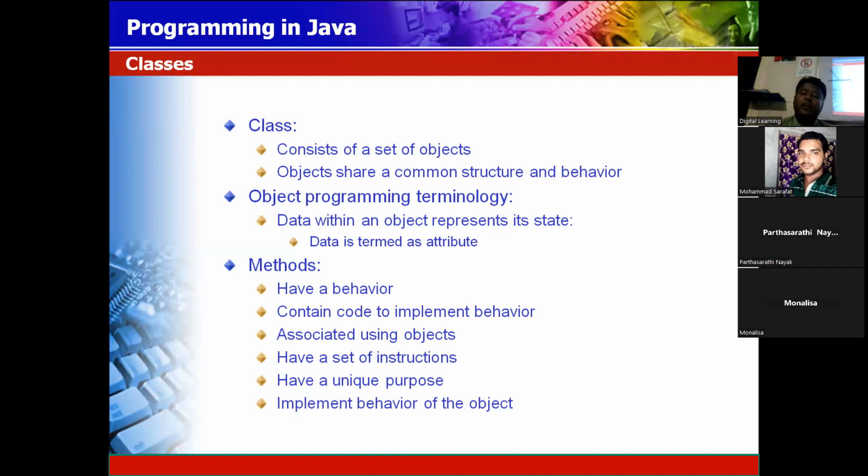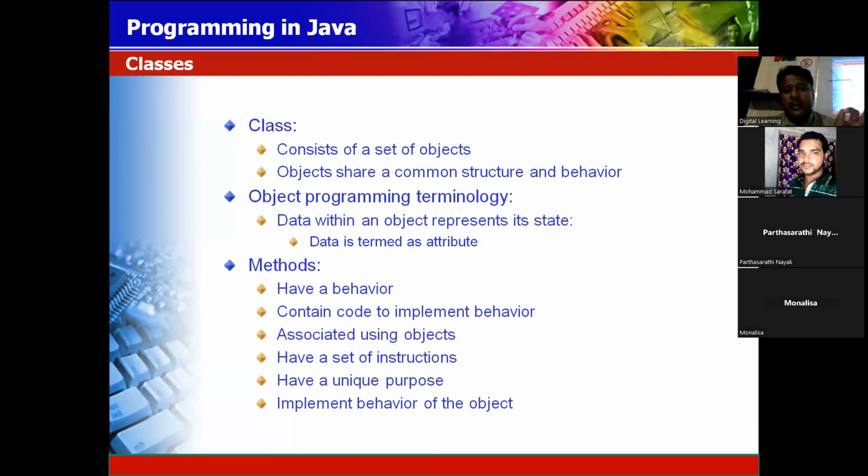In object programming terminology, if I say class, whenever you talk about birds, a picture comes to our mind: they have wings, they can fly. That means crow belongs to it, cuckoo belongs to it, peacock belongs to it. They have wings, they can fly. That means when you are talking about birds, there must be a common structure and functionalities present, so that is called the word birds. The birds can fly.